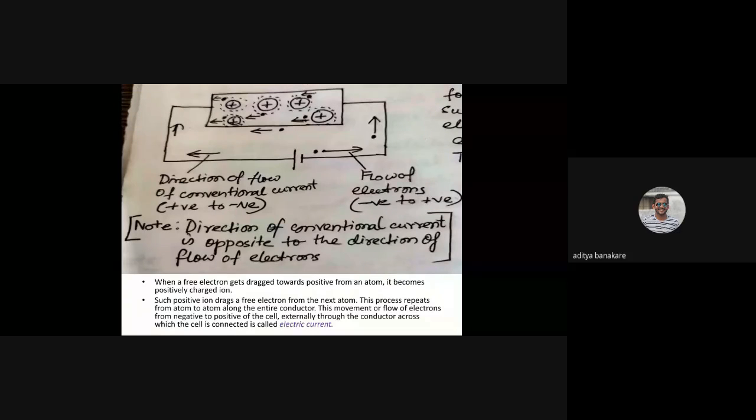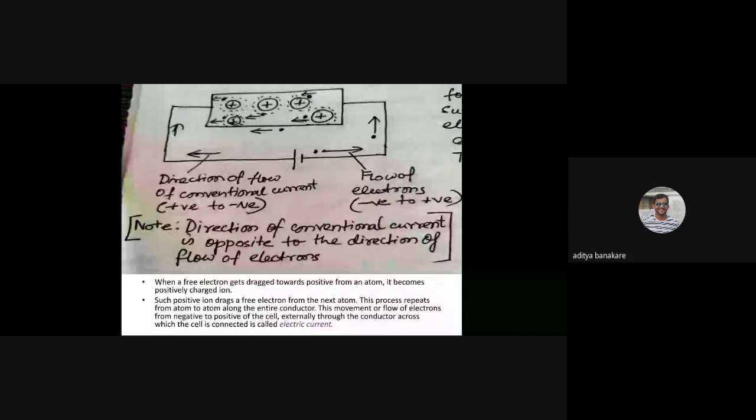Whenever you see such a structure where a battery or electrical cell is connected across two ends of a conductor, the electrons flow from negative to positive, obviously, but the current flows from positive to negative, in the opposite direction. The current flows opposite to the direction of the flow of electrons. So this is the general picture. I have also written it there: the direction of conventional current is opposite to the direction of the flow of